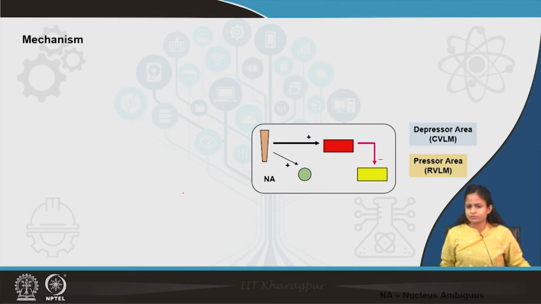The physiological basis of all these tests is usually the baroreflex pathway, which we had already discussed. The baroreflex pathway consists of the main center, that is the medulla. In the medulla we have the nucleus tractus solitarius, and we have a depressor area and a pressor area. The pressor area is usually the vasomotor area, which stays tonically active, mainly the rostroventrolateral medulla, and the depressor area is the